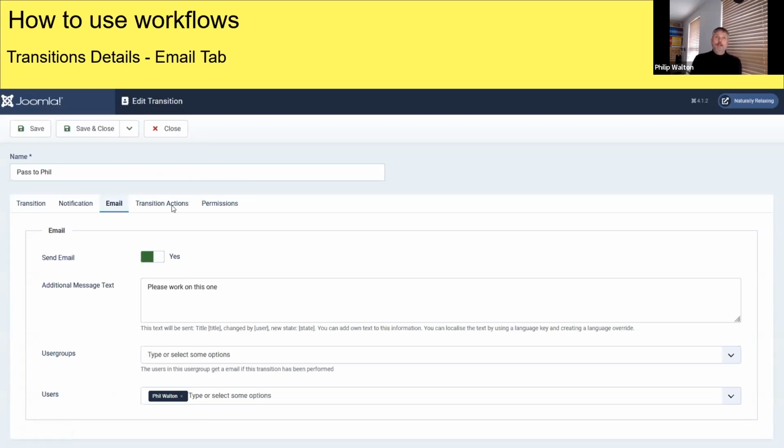Here, we're using the pass to fill one, so obviously the user to notify is me, and so it will email me that something has changed and that it needs to be sent. So I can select multiple people here and send the email or the notification as well to multiple people, or I can set it up with a user group.